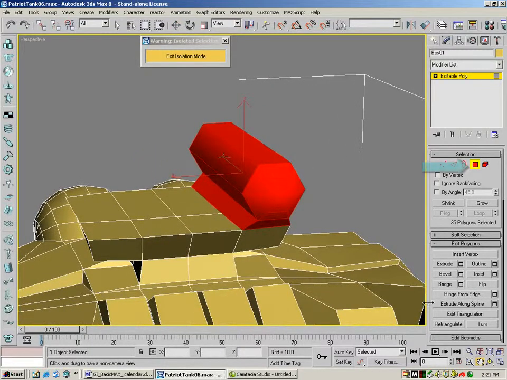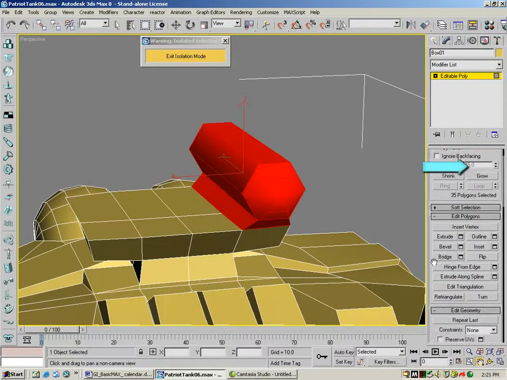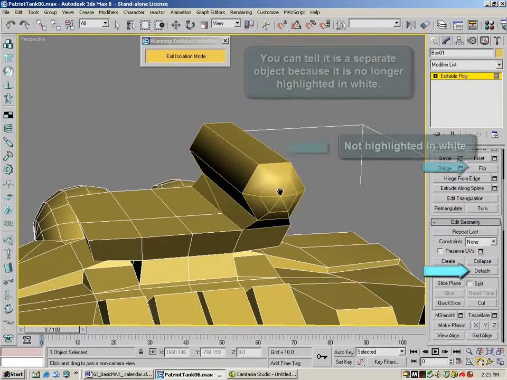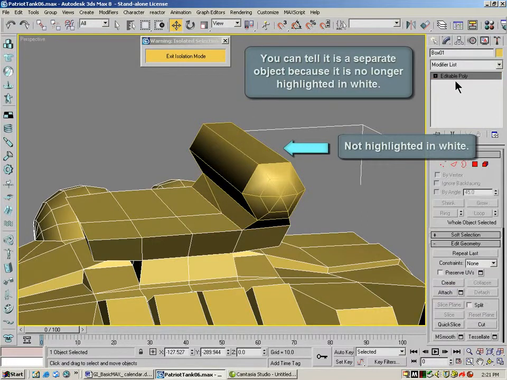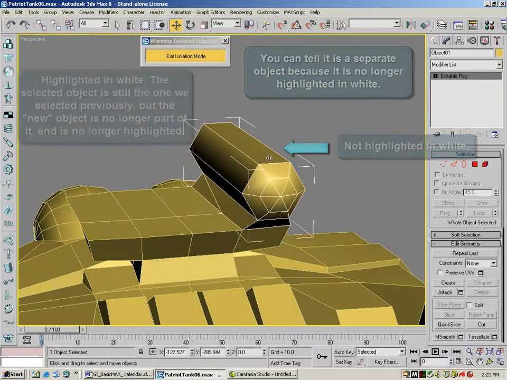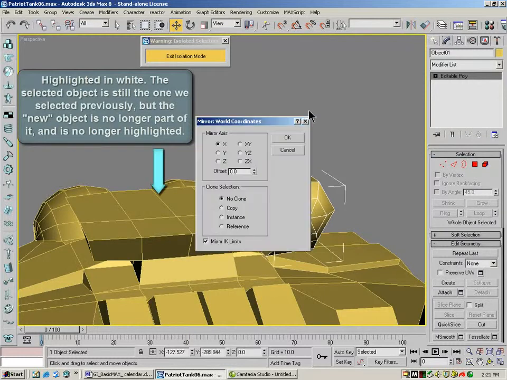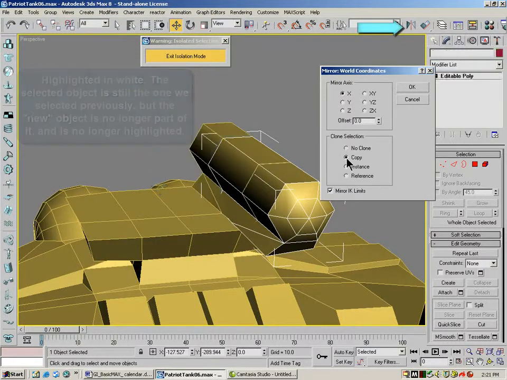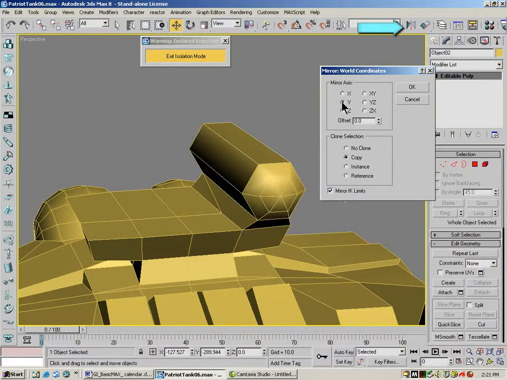So where before we attached them, we can detach. You can give it a name if you want. It's now a separate object. We're not done with it. Turn off editable poly and click on your new object. Hit mirror, which is this button right here. And then hit copy, because we want two of them, and find the right axis that it needs to flip